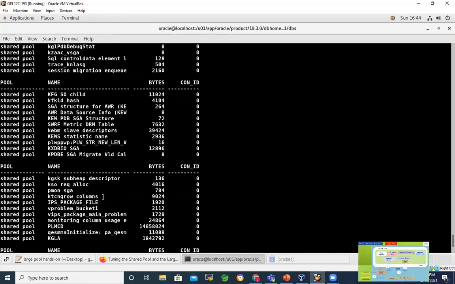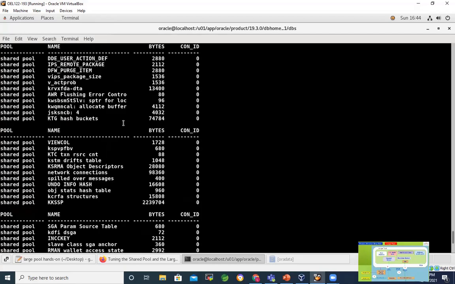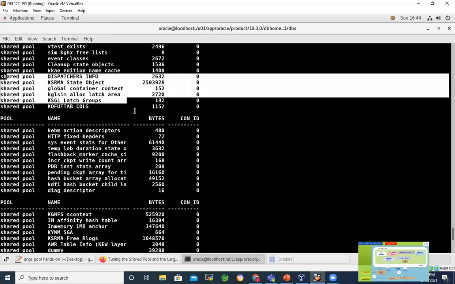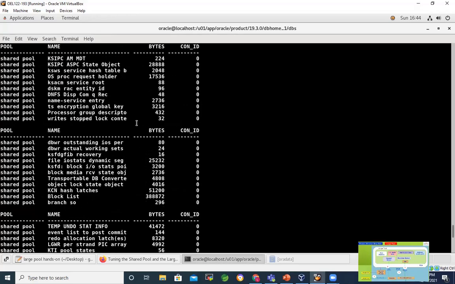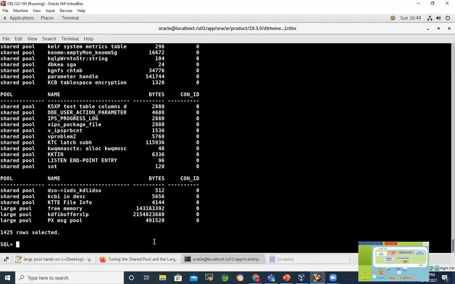So here you can see shared pool, certain usages are there. The reason is I don't have large pool defined, so everything is going to shared pool. But this is a clear indication that you need to define large pool, because everything depends on shared pool at the moment. If shared pool is running out of space, because shared pool is for everything, not only for the shared servers, it is even in dedicated server. I mean, library cache, those things, execution plans, everything is stored there. So it's better to define large pool in that case.